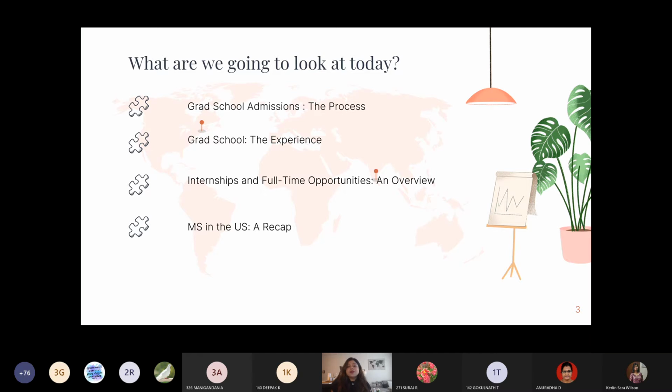And then we're going to look at the internships and full-time opportunities. How can you bag an internship? How can you make sure you work here and have a full-time job offer? We're going to look at that too. And like I said, it's a lot of information, a lot of buzzwords, so we're going to have a recap in the end as to what your next steps are. I'm not sure what year you are in right now. Some of you might be in your first year, second year, final year.